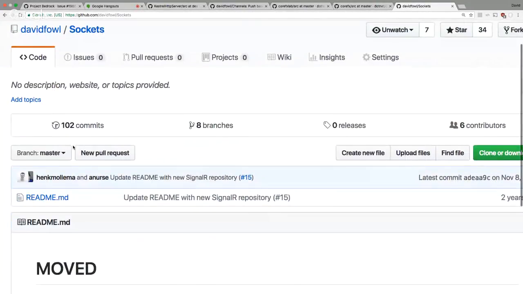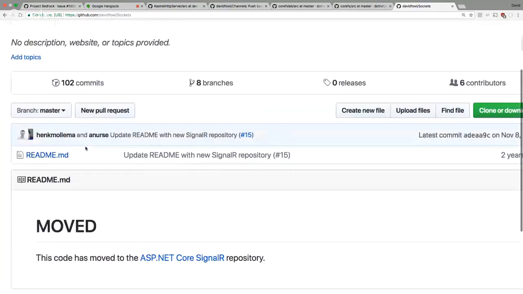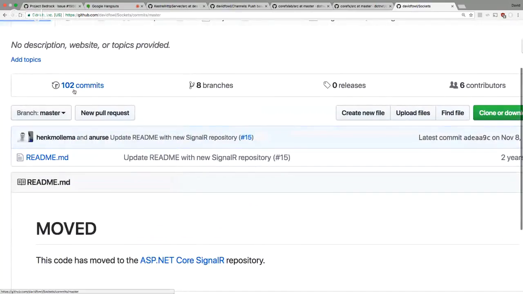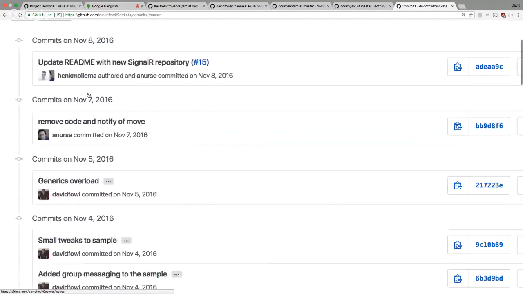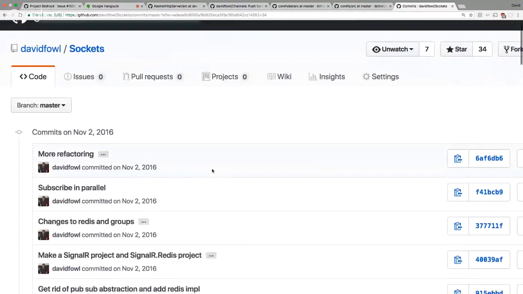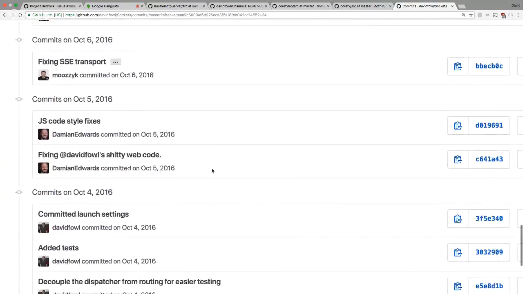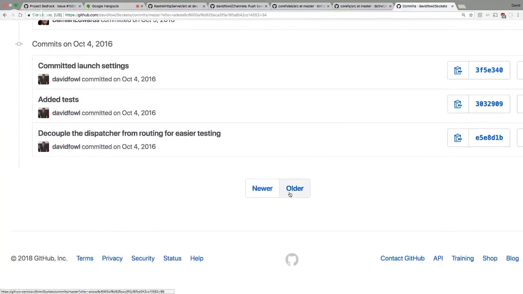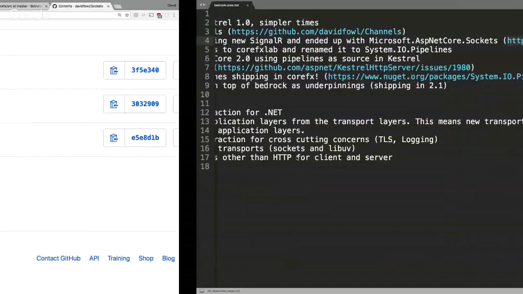So this is the original SignalR repository. It's actually moved now to the official ASP.NET SignalR. If you look in the commit history, you'll see a bunch of things in here, like sockets using SignalR, and we kind of had a bunch of prototypes for doing generic networking things on top of this new sockets layer. So that happened, and then at the end of 2.0, we shipped pipelines as source in Kestrel because we weren't ready to make it public yet. So Kestrel actually has the source of pipelines checked in the 2.0 branch, which could be a nightmare for servicing,